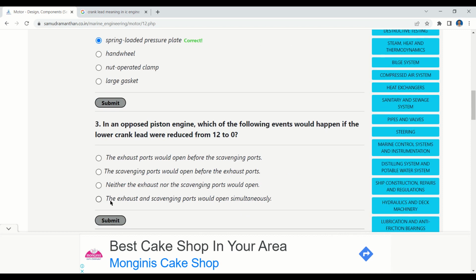Our next question is, in an opposed piston engine, which of the following events would happen if the lower crank lead were reduced from 12 to 0? And the options are: the exhaust ports would open before the scavenging ports, the scavenging ports would open before exhaust ports, neither the exhaust nor the scavenging ports would open, the exhaust and scavenging ports would open simultaneously, and the correct option should be the exhaust and scavenging ports would